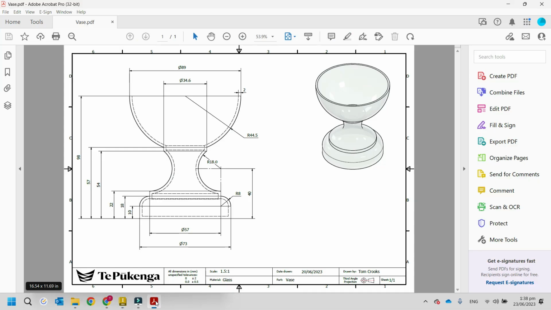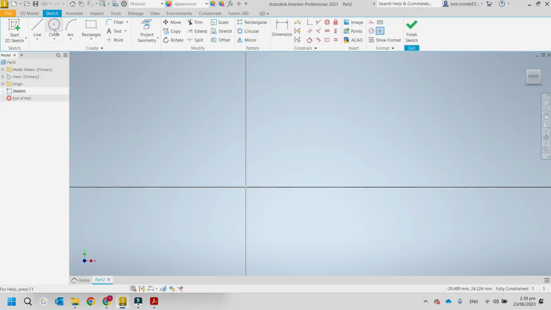Now because this is a revolved thing, it's a round thing, it's the same all the way around. What we can do is we can just draw the profile and then we can revolve it around the axis in the middle, and then we can thicken it up afterwards. So we'll go through the drawing and we'll just start here and we'll work our way up and around, draw the whole profile, then the rest is pretty quick and easy. So first thing we'll do is start a line at that origin point there,